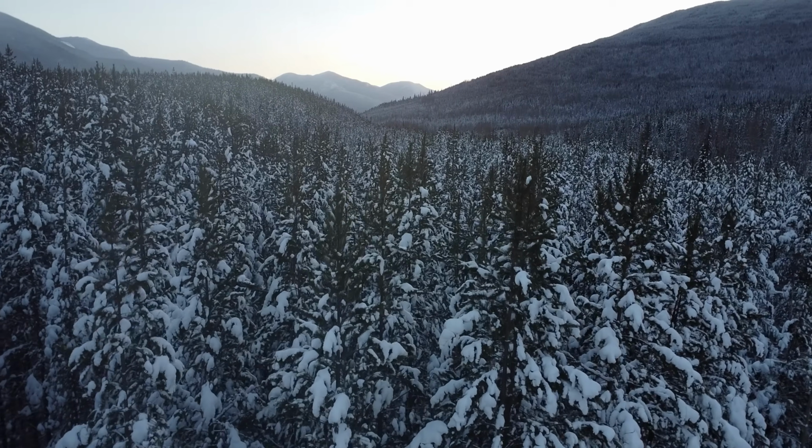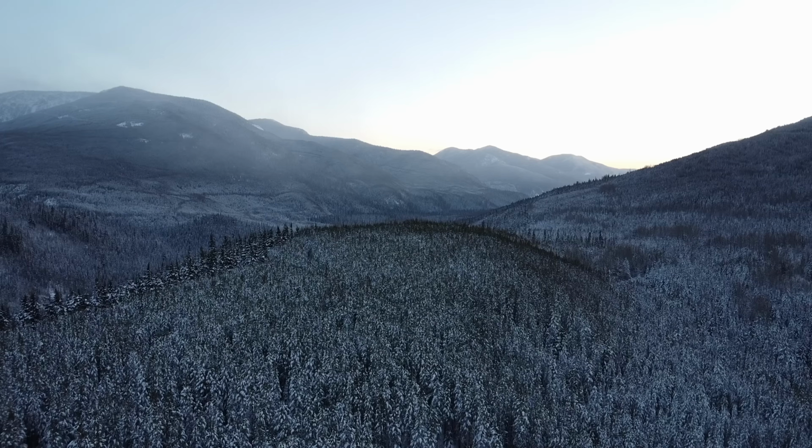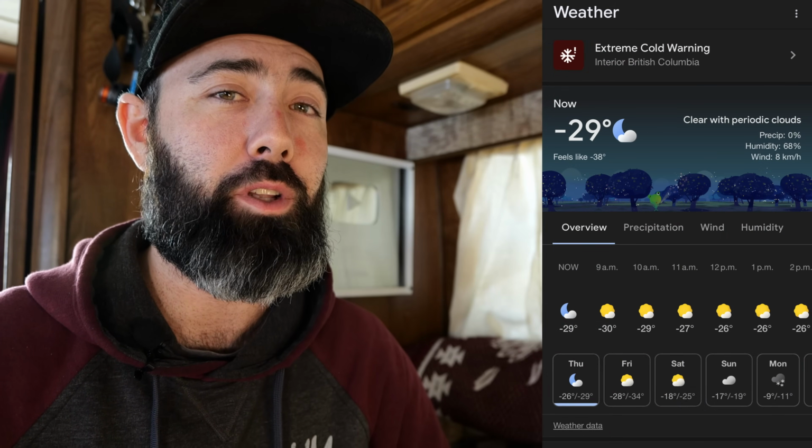Well, good morning, everybody, and a brisk one at that. Woke up to minus 30 with a wind chill of minus 38. It's warmed up to a very comfortable minus 29 now. And unfortunately, I think we have found the threshold of the rig. I was up early and did all my checks, and I left the heaters on number 2 overnight, both of them. I should have bumped it up to number 3 or even maybe number 4,